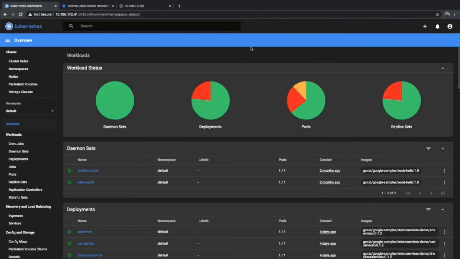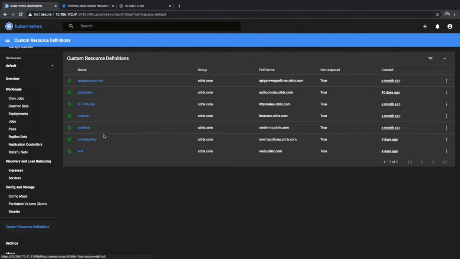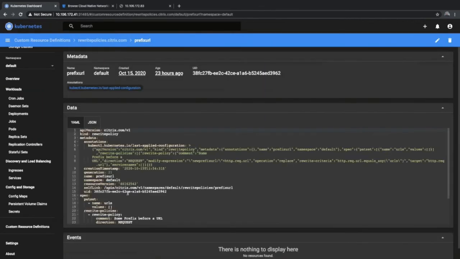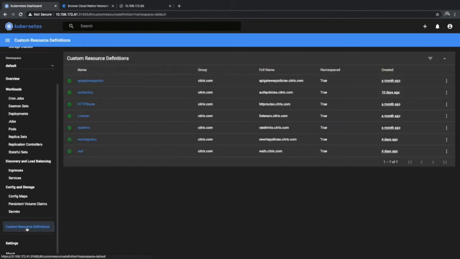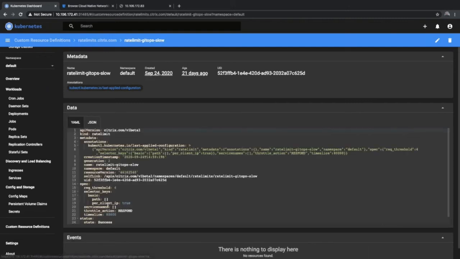Okay, I'm back. So now we logged into the Kubernetes cluster. Here, let's look at the existing custom resource definitions. We do have all our policy templates applied here. And here you could see a rewrite policy. This is a prefix URL template applied. As you can see here, there are no URLs as part of this policy, and even the service name is empty. Similarly, we have other policies as well. For example, you have these two kinds of rate limit templates. Here again, path is empty, service names are empty. That means it has not been decided where to apply this.